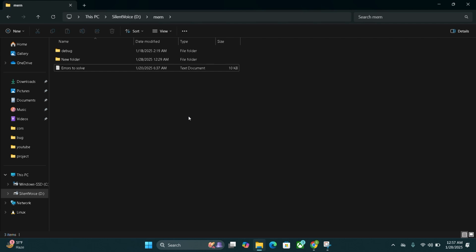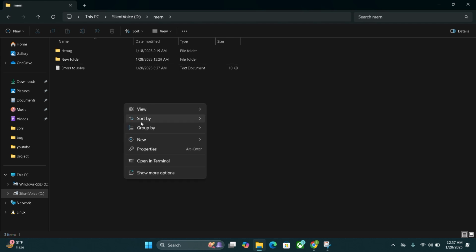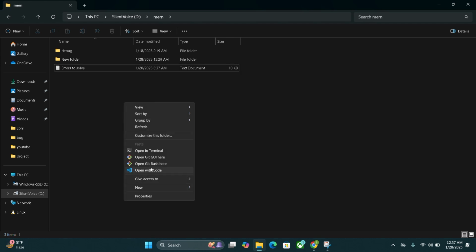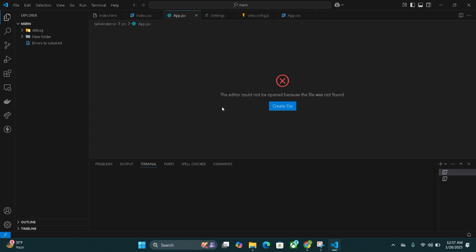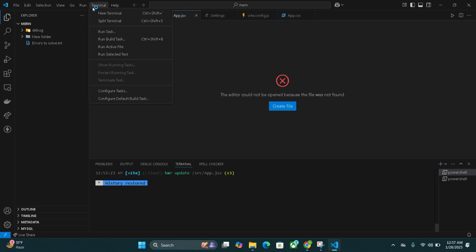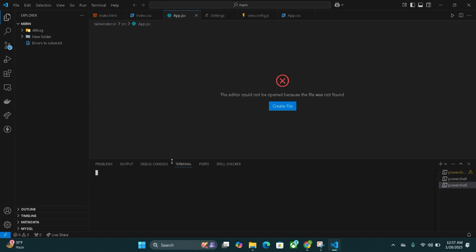First, open our folder and let's open it in VS Code and open a new terminal first. Now we are going to run npx create vite